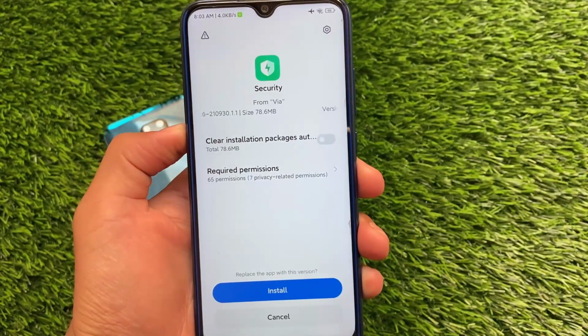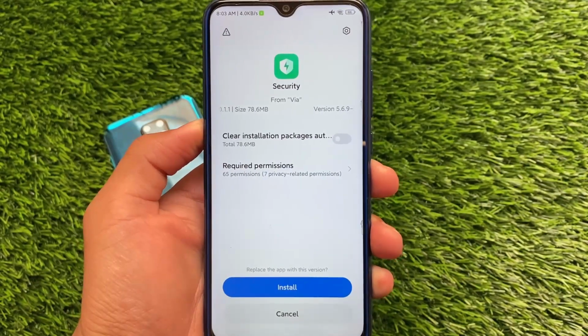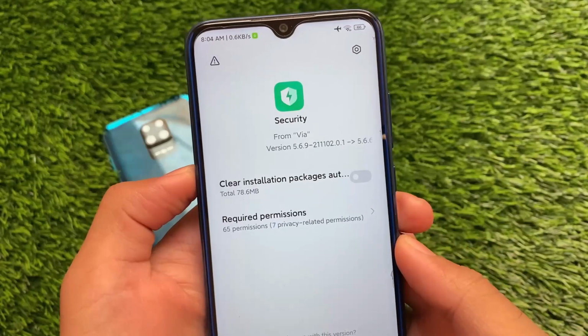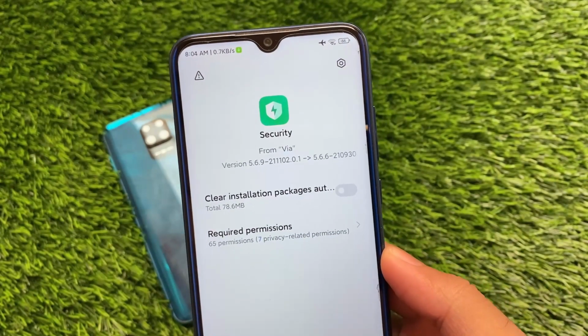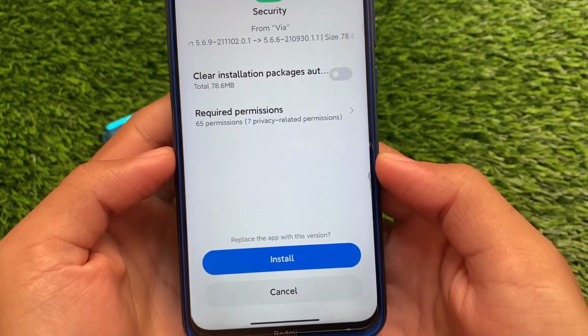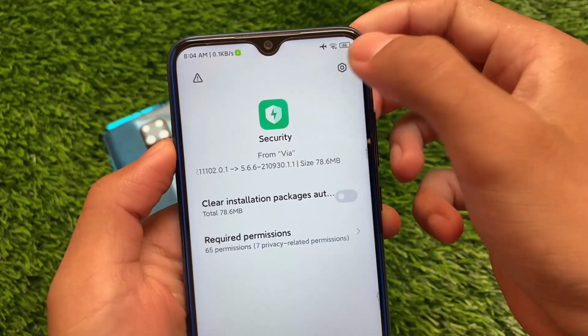I'm gonna share with you a very useful thing here. If you use a Xiaomi device and want to install or update the system apps, you will get some errors. But I can install these things from the default package installer. Don't need to install Google package installer or anything. You can see we have the option to install this thing.